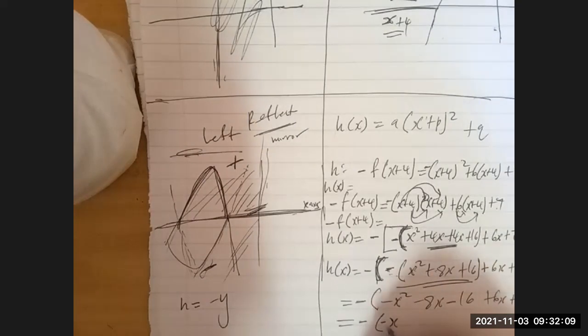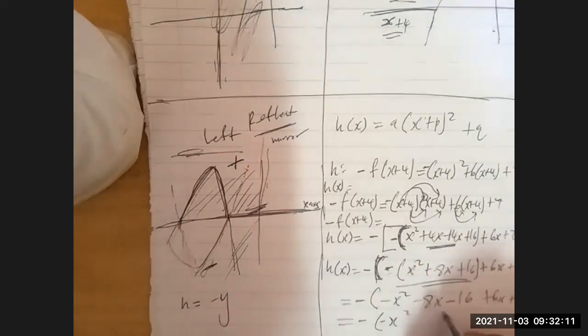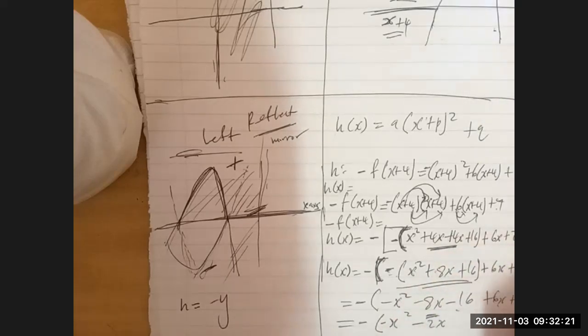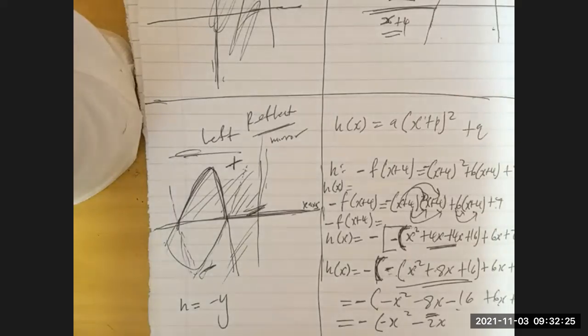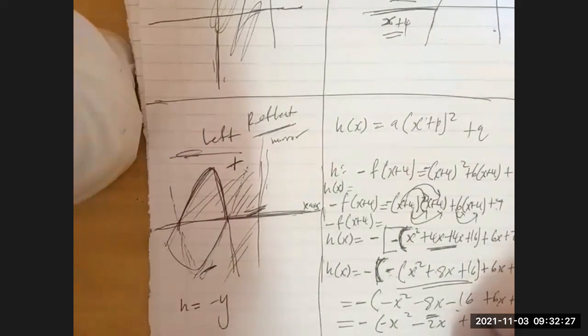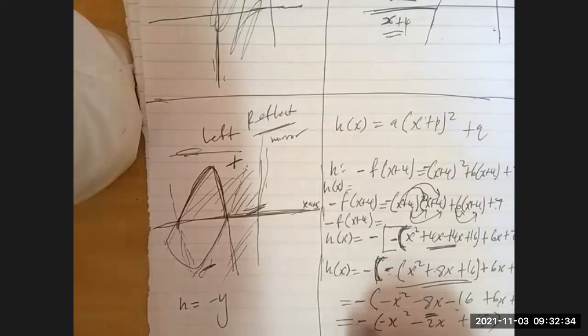Then if I work out, I take negative 8x and plus 6x, that's going to give me negative 2x, negative 16 plus 31, that is giving me plus 15. And then my h of x is going to be x squared,